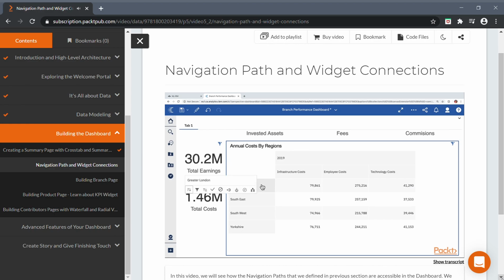So I'm going to right click on Greater London and then choose the option to drill down, which would take us to City of London, which is the branch within that market,